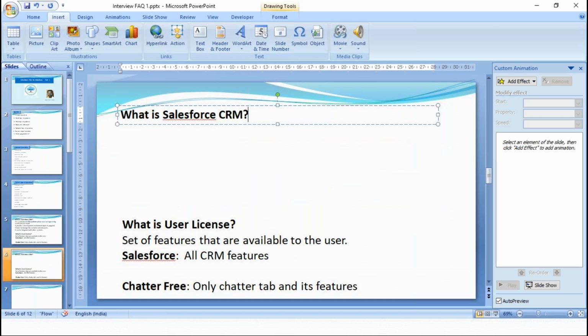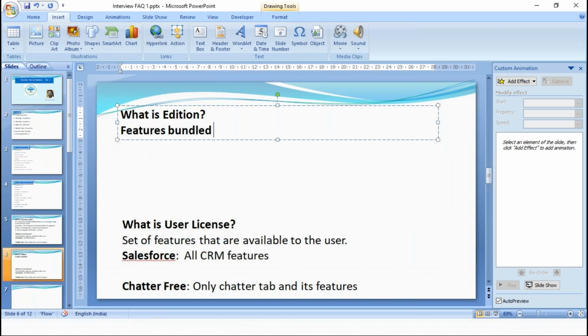So edition is a bundle of features bundled together as a package to meet a business objective.